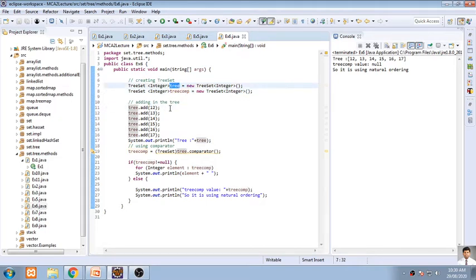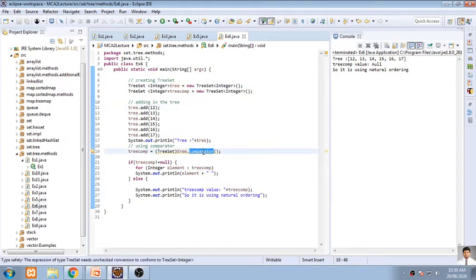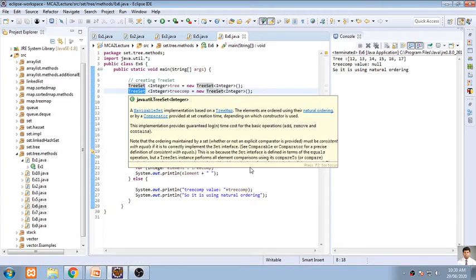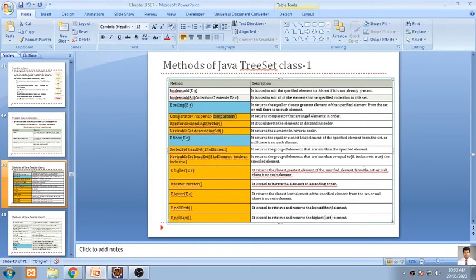So how to compare the value of one element with another element can be done with a function called comparator. And this comparator is from the class called Comparator. It is an external class which is automatically inherited by your tree set during the program execution. So here we are directly using this function called comparator, and that's why it is present in your method declarations of tree sets.